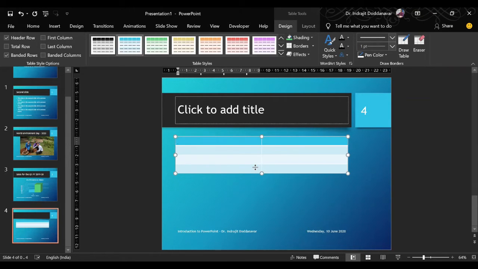What you have to write: the first row in whichever table is there, let it be in Word or let it be in PowerPoint, the first row always should be the headers. The header should say what exactly values are there down below. So for example, we say that we have got product A and product B, right? When I say product A and product B, there are only 2 columns.